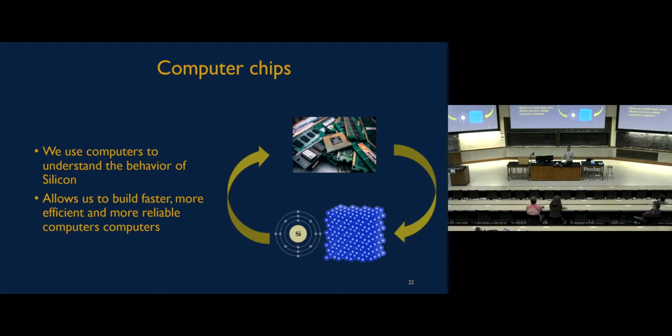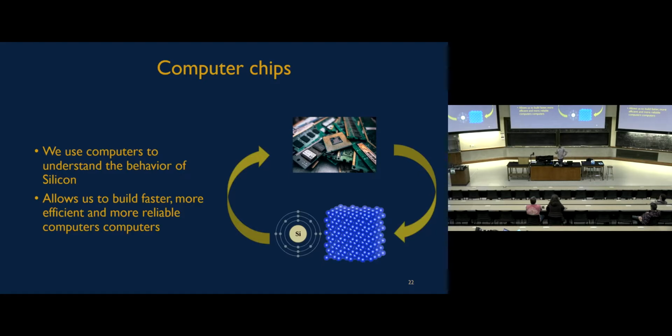But it's more than that. It's that we wouldn't know the properties of silicon atoms if we didn't have computers. Okay. So in a way, computers have helped us understand why computers work. So it's like the physicist is an atom thinking about itself, but happening at a very practical scale.